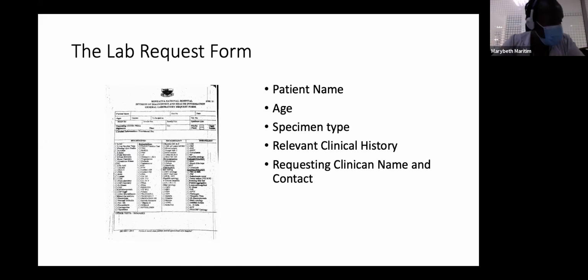With regard to the clinical history, there's a part in the form that is indicated clinical information and provisional diagnosis. So I've put here relevant clinical history. And the importance of this is that, remember, you've gone through a clinical diagnostic pathway where you're thinking that my patient has a lower respiratory tract infection. So you have to put that, the site where you suspect the infection could be happening. And why we are putting relevant clinical history is that if your patient has other comorbidities like hypertension, diabetes, a lot of the forms that reach the lab may have that as the clinical information. But for the lab team, that may not be so relevant, because why were you sending a sample of, for example,